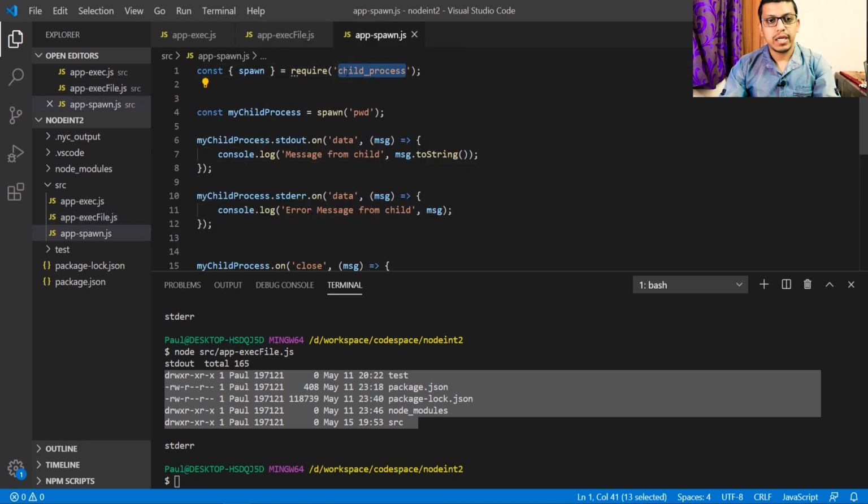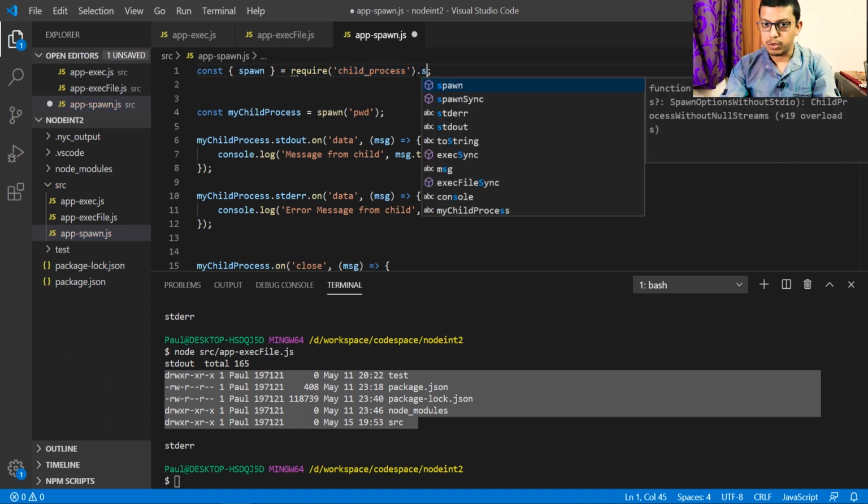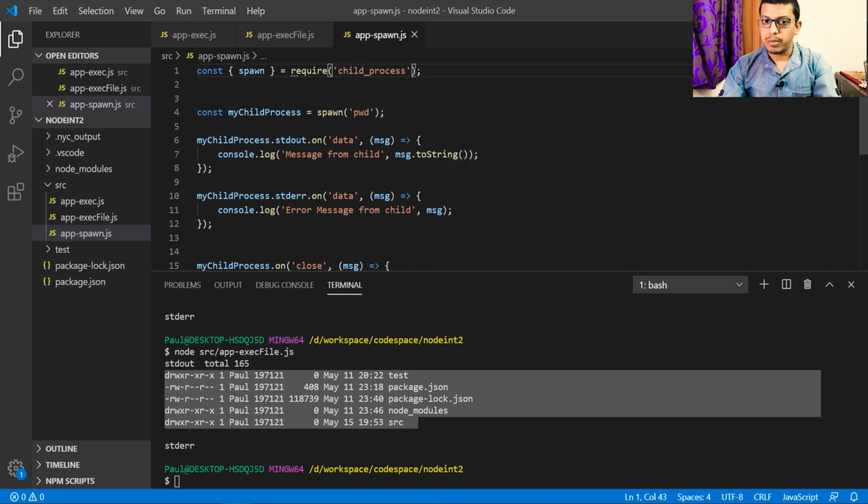So next we have is spawn. Either we can import it in this way or we can use child_process.spawn. So it's up to the developer how he wants to implement it. Then we can create or invoke the child process like spawn, then ls or pwd to show the path, or we can invoke or create another node application like spawn node app2.js and assign it to child process, and